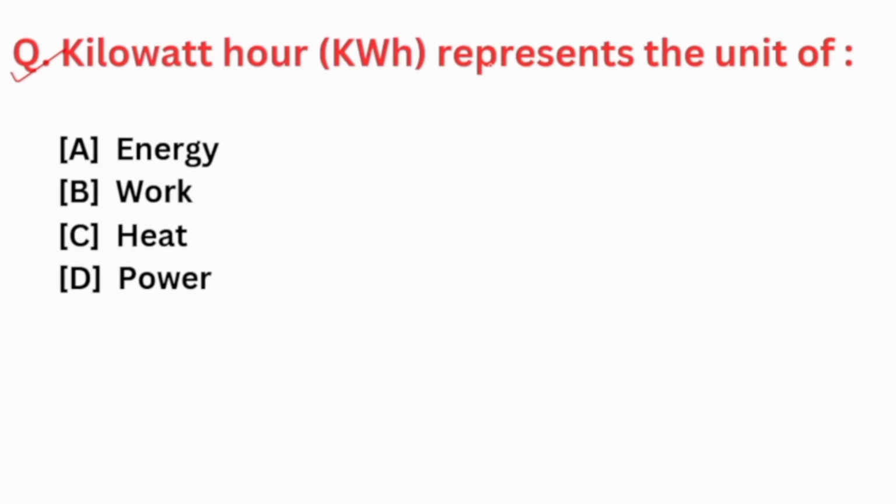Next is, kilowatt hour represents the unit of energy, and 1 kilowatt hour is equal to 3.6 into 10 to the power 6 joules. Okay,